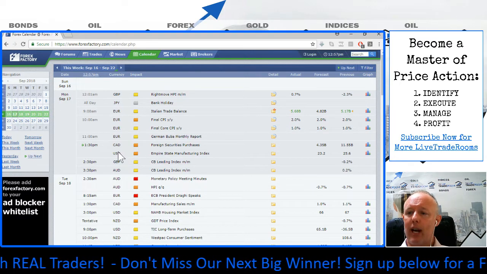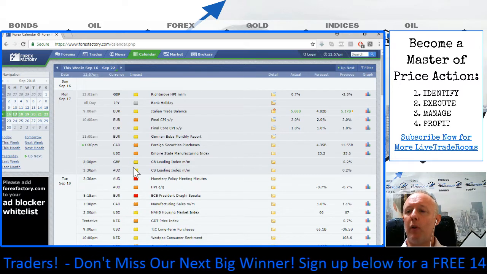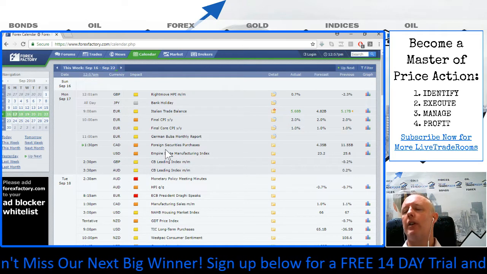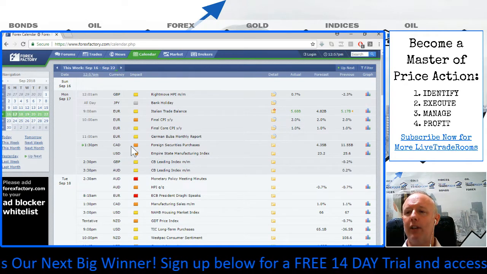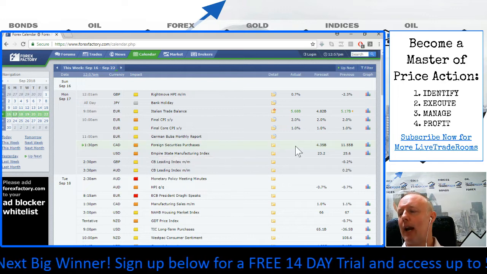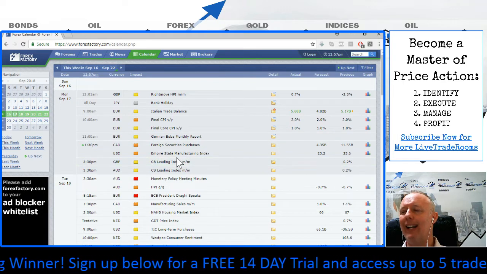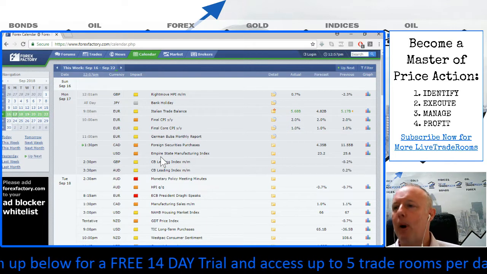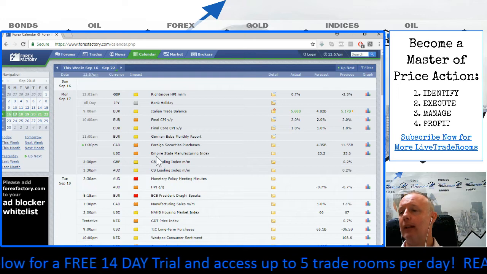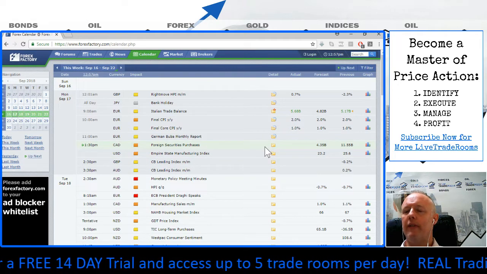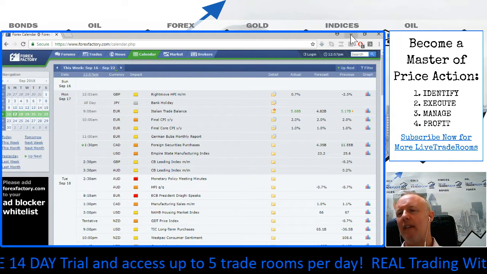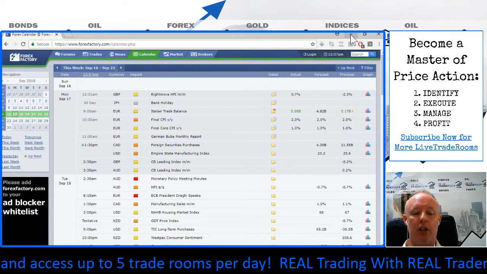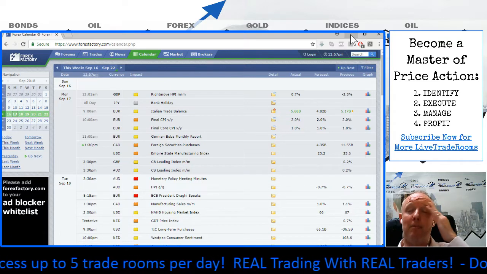Now projecting ahead, we don't have an awful lot to work with this afternoon. We do have foreign security purchases impacting the Canadian dollar, medium impact depending on the deviation. We're not likely to see a massive deviation in these numbers. And also for the US, the Empire State Manufacturing Index. So we've got these news events which we can make reference to, but as you can see, nothing of any major concern for us outside of the major